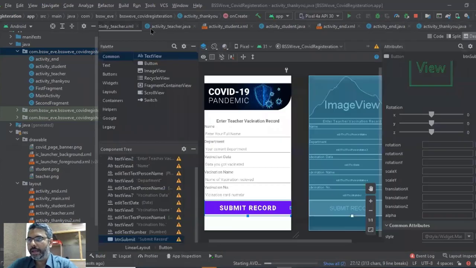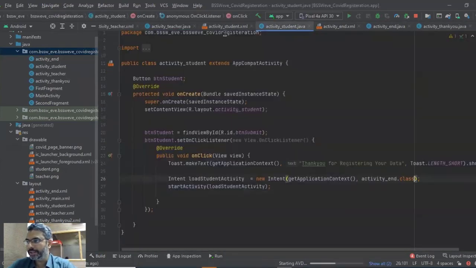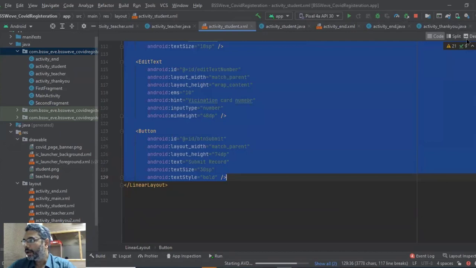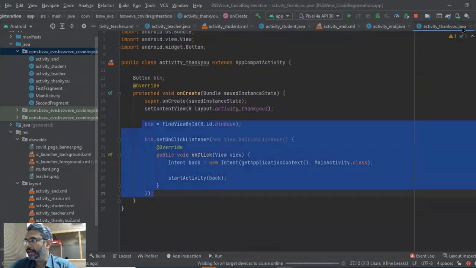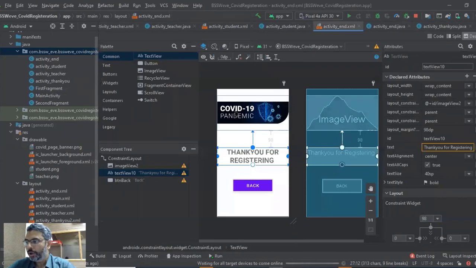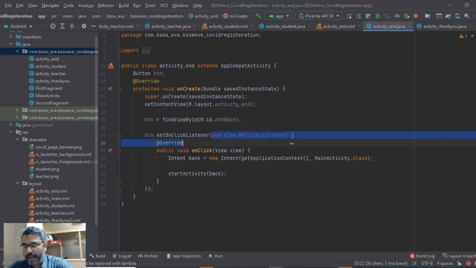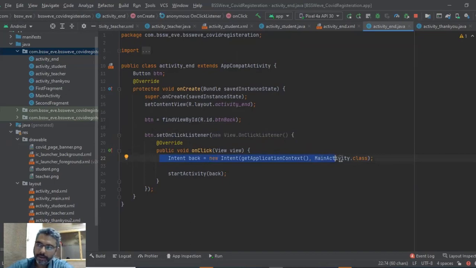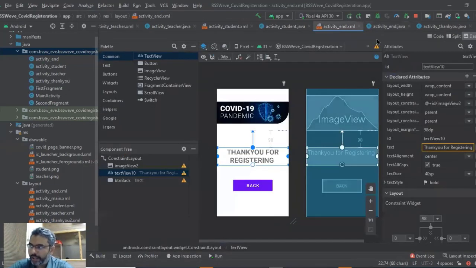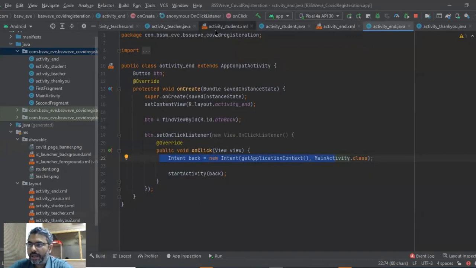So what we did was, हमने मैं थोड़ा सा रिकॉर्डिंग पर्पस के लिए, because I missed out the lectures and वो सारे रिकॉर्ड नहीं हुए। ओके, तो उसको फिर हम थोड़ा सा कंप्लीट कर देते हैं यहाँ पे। तो हमने एक थैंक यू ऐप की भी एक्टिविटी बना दी थी, जिसके अंदर सिंपल कोविड का लोगो लगाया, थैंक यू एंड बैक किया। एंड इस बैक बटन के ऊपर भी हमने एंड में वही कोड लगाया कि सिंपल बटन के ऊपर जब यूजर क्लिक करे तो सेट ऑन क्लिक लिसनर इवेंट कॉल किया। ऑन दिस इवेंट लिसनर हमने व्यू ऑन लिसनर फंक्शन एक लाइव क्लास की एनोनिमस, और उसके थ्रू फिर हमने इंटेंट के थ्रू वापस मेन एक्टिविटी पे रिडायरेक्ट किया। सो वंस यूजर क्लिक ऑन दिस बटन इट विल रिडायरेक्ट अस टू द मेन इवेंट।